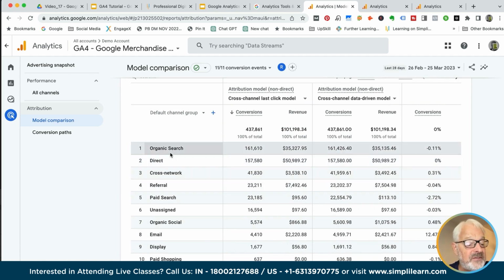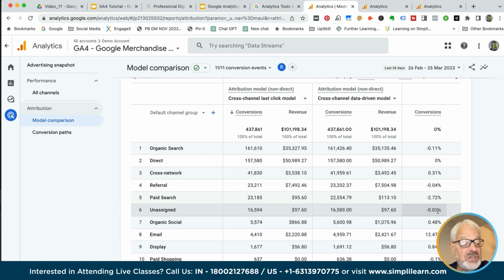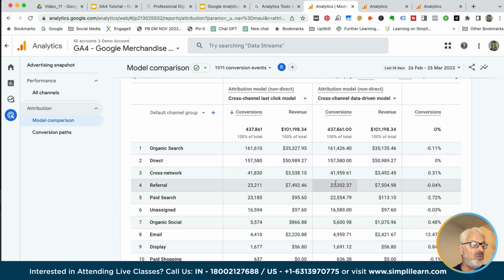Changes that have a positive percentage mean that we may be undervaluing the marketing channel when we use the last click model. Changes that have a negative percent mean that we may be overvaluing the marketing channel when we use the last click model. So that is the model comparison, and then there is your conversion path report that